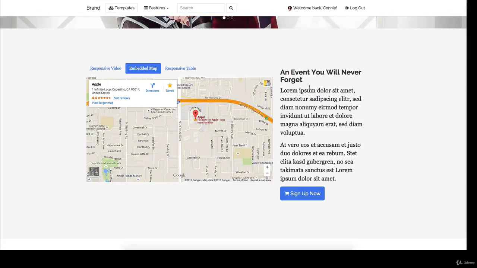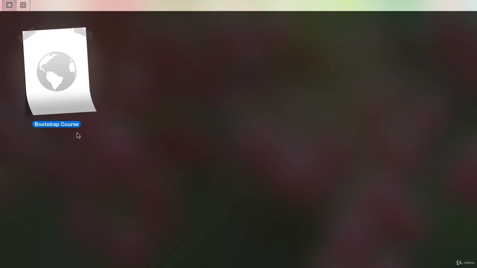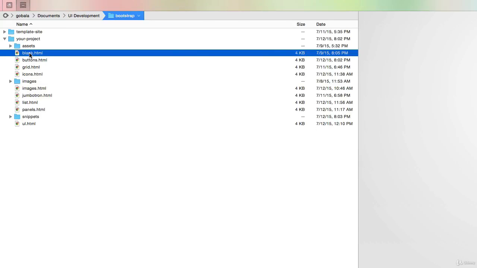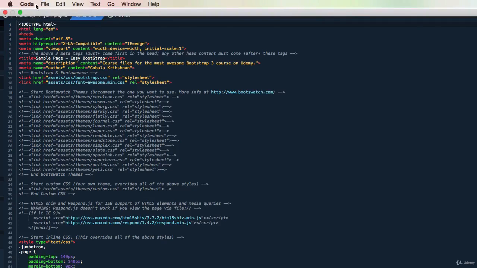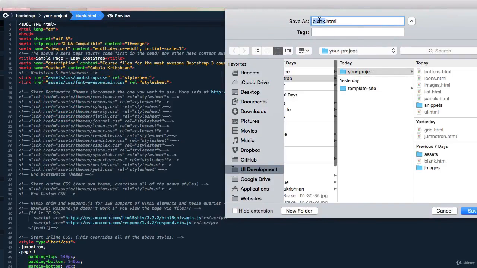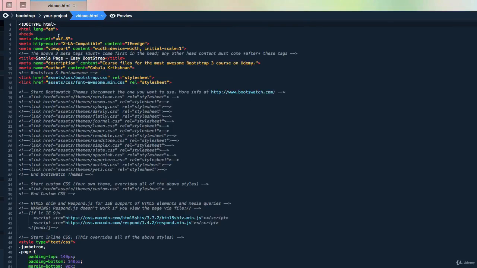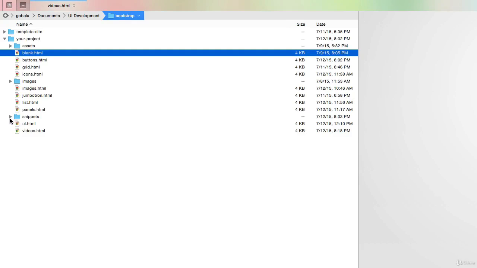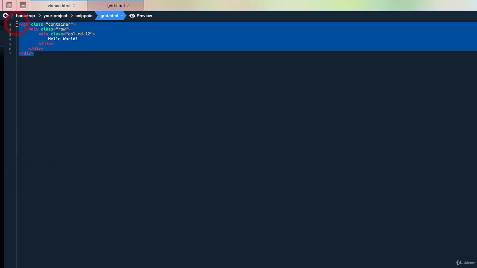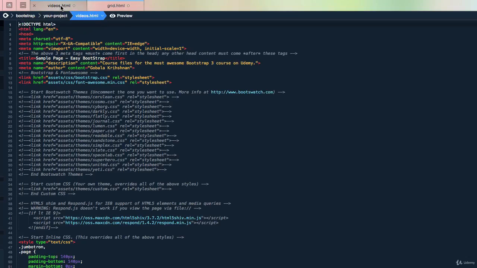Let's open Coda. Let's open the course materials. All right, and let's start with blank as usual, and I'll save it as video. Okay, and let's open the snippets. I'm going to copy the basic grid structure because I really need the grid structure to show you how a responsive video would behave. I'm going to split the screen